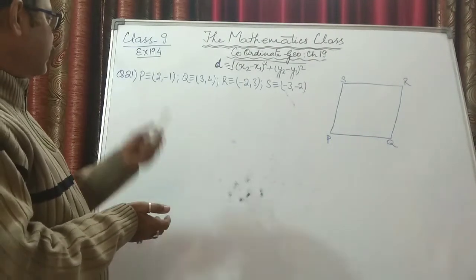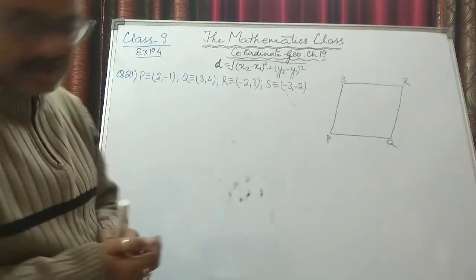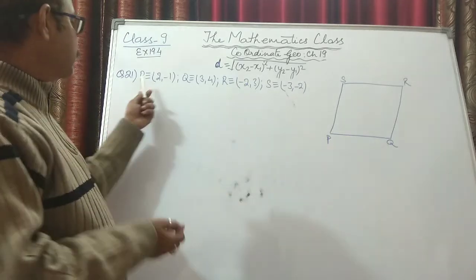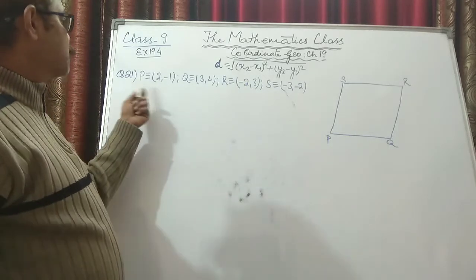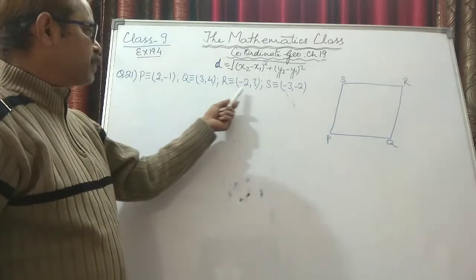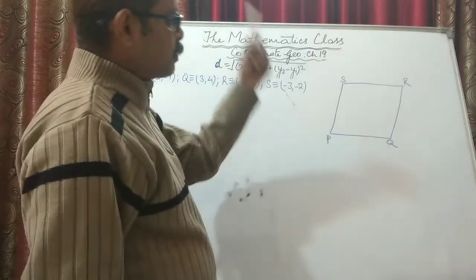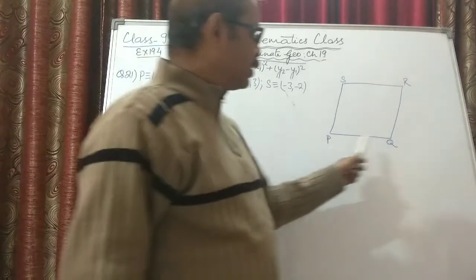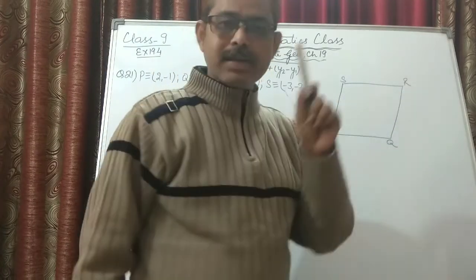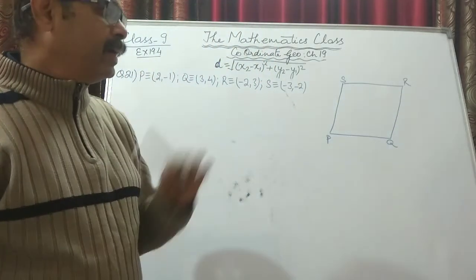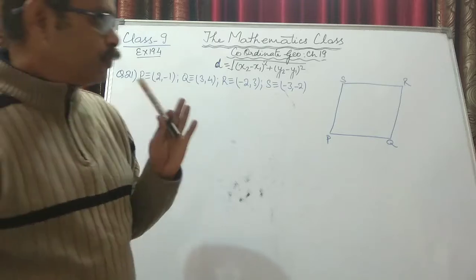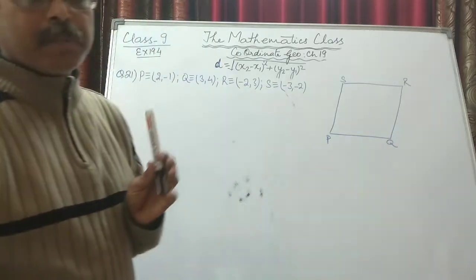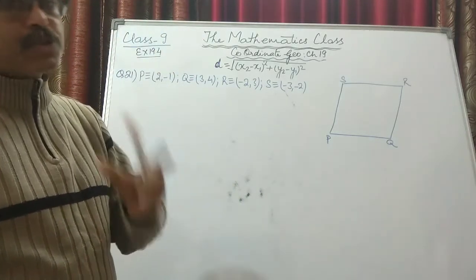Now the next question I am taking is question number 21. They say P, Q, R, S. P coordinates are -2, -1. Q is 3, 4. R is -2, 3. S is -3, -2. You have to show that this P, Q, R, S is a rhombus, but it is not a square. So for this we need to know the properties or the difference between the square and the